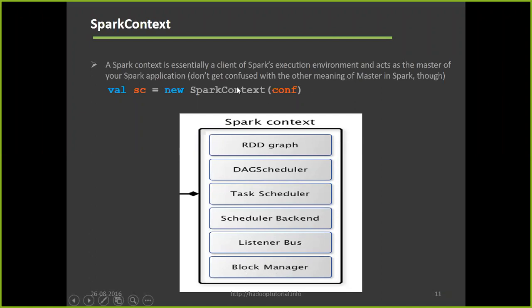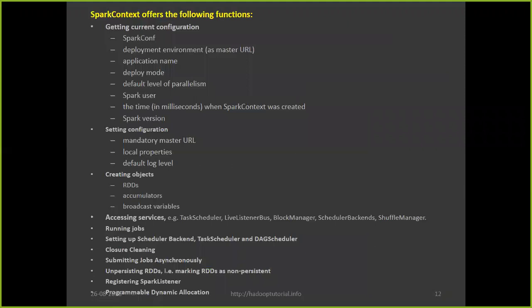At this moment, I'm not going to discuss all these things. Sometime you will get it. Okay. So these are some of the operations that Spark context offers to us. With the Spark context object, we can read in the Spark conf. Just now we have seen sc.getConf. It returned the Spark conf object.